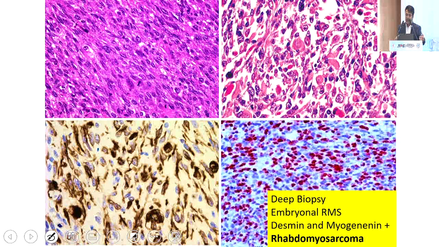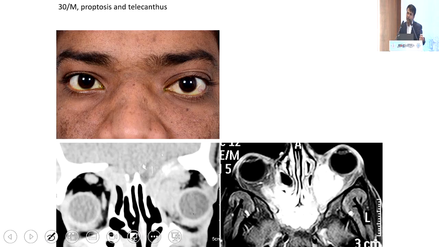I'll just show you this case where superficial biopsy showed only fibrosis and inflammation, which would have made you diagnose this case as non-specific orbital inflammation, and you would have perhaps treated this child with steroids with disastrous consequences because he actually has rhabdomyosarcoma. And the superficial fibrosis and inflammation was a reactive process by the body because of a necrotic round cell tumor, which was there. So you have to be very clear when you biopsy children, especially when you think of round cell tumors.